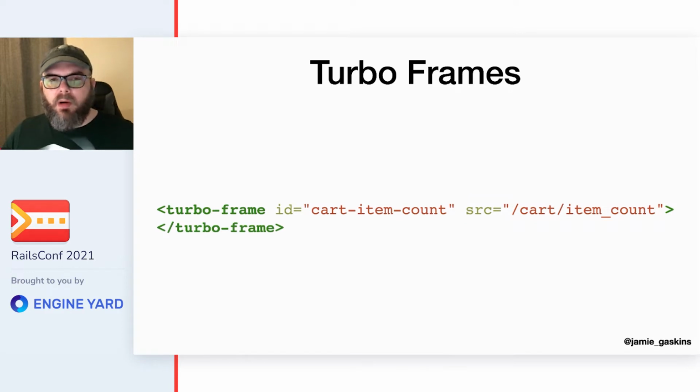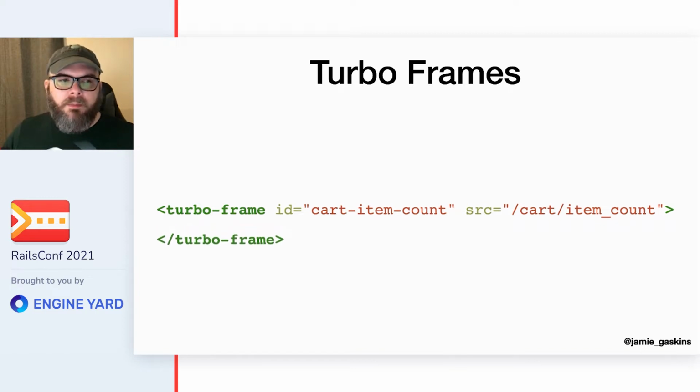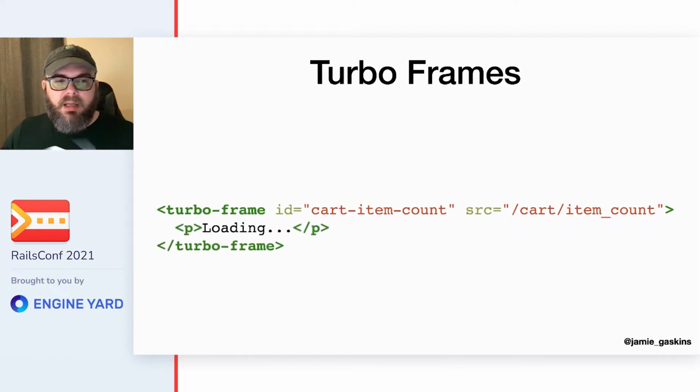One thing you might notice is that we're explicitly closing our turbo frame even though it's being loaded asynchronously with a source attribute. So you can render content inside of that frame to indicate that it's loading. Maybe you have a loading indicator or a placeholder element, because if you're loading secondary content asynchronously, you might want to provide a placeholder element to make sure that when the